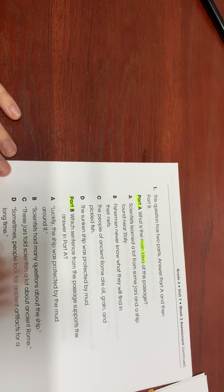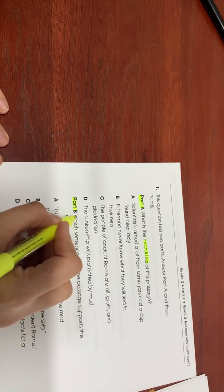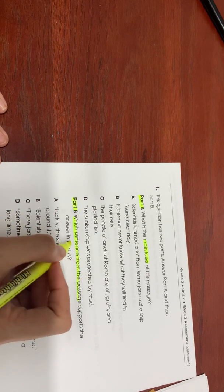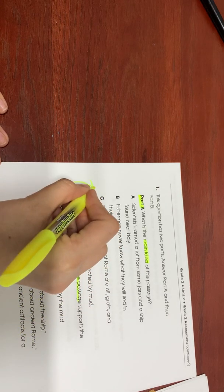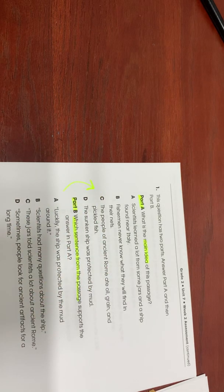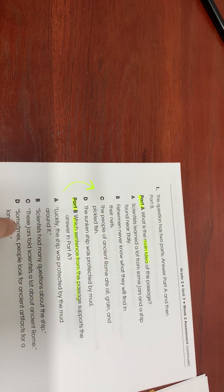Part B says, which sentence from the passage supports the answer in part A? So I know that I'm going to need to figure out the answer for part A before I can answer part B. Okay, so I'm going to see which of these sentences supports what I said here. So this is our evidence. Okay,